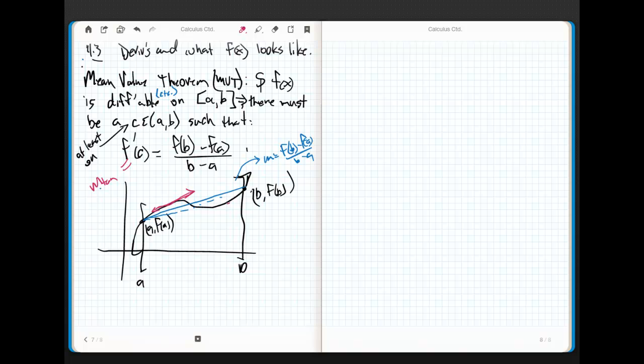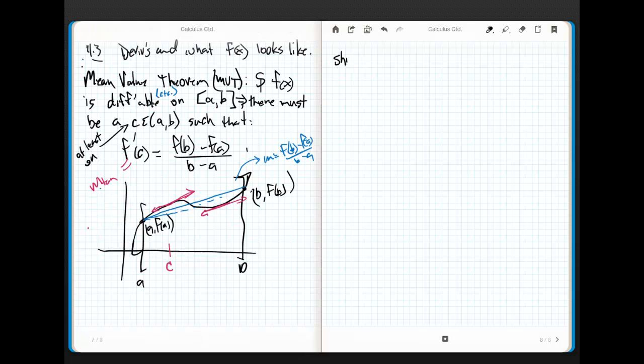Now, it appears with my drawing that there appear to be two such places, though it doesn't look too terribly smooth. But remember, the mean value theorem guarantees at least one. Notice that c lives in between them. So let's say, for example,